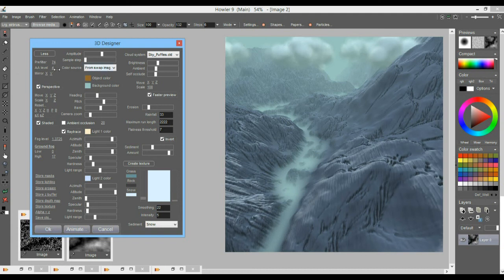I want to do my final render here, so I'm going to give it the AA level, anti-aliasing, to the max. I think 5 is the max. There you go. Oh, we need the pre-filtering to be higher. We have some ridges showing here on our original elevation map. So I'm going to go all the way to the max here, and